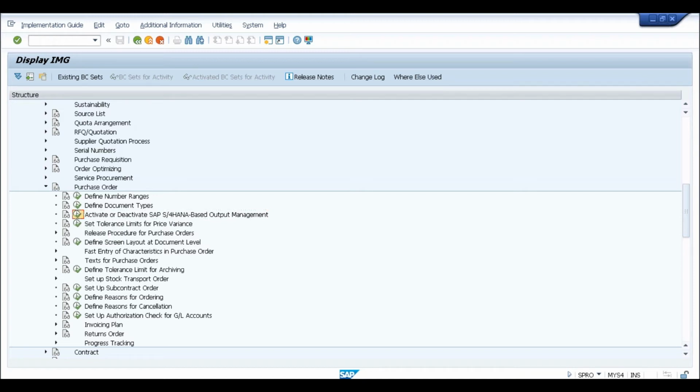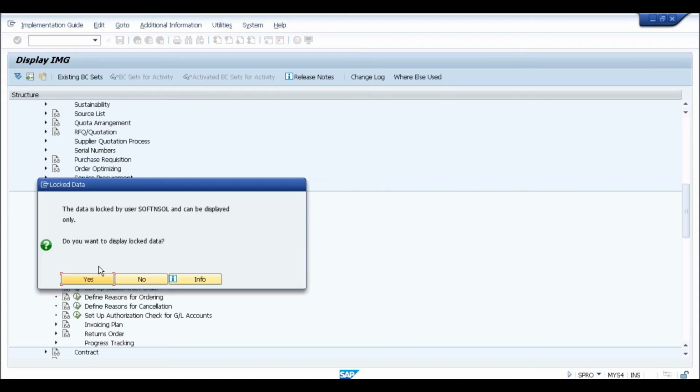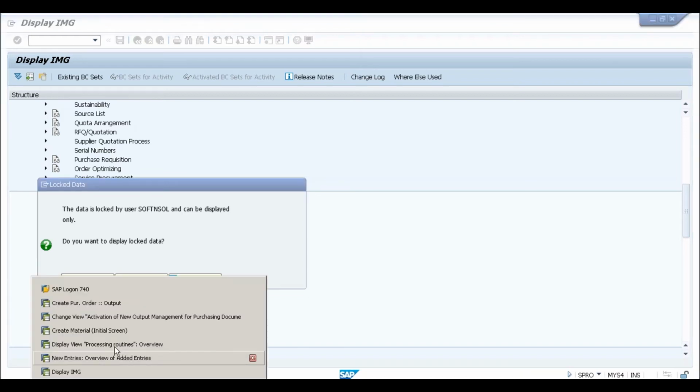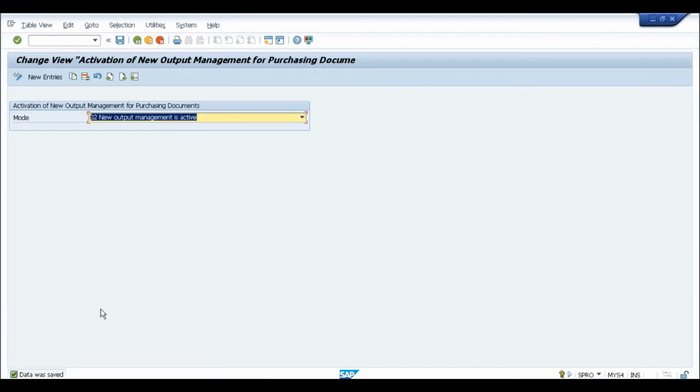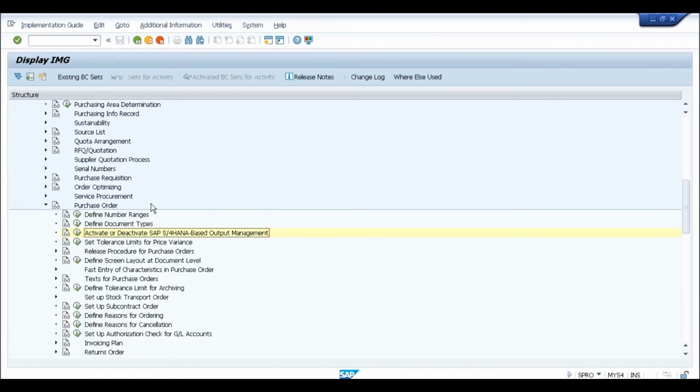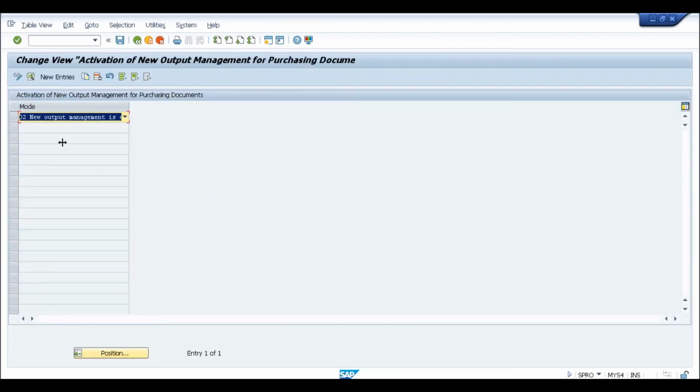Okay, so if I click here, I think it is locked by my ID itself. Yes. Okay, so you can see here, if you click on this particular transaction, it will take you to this screen where there are only two options: whether you want new output management to be active or you don't want it to be active.